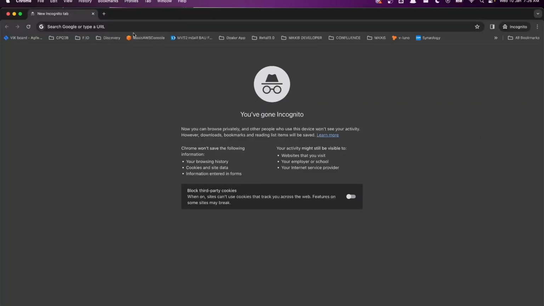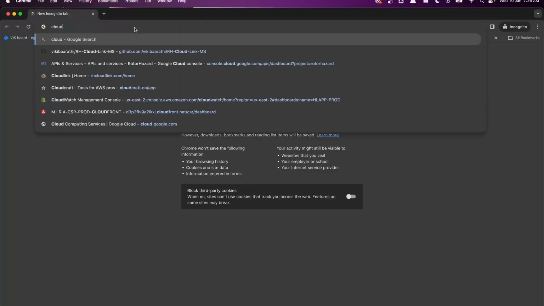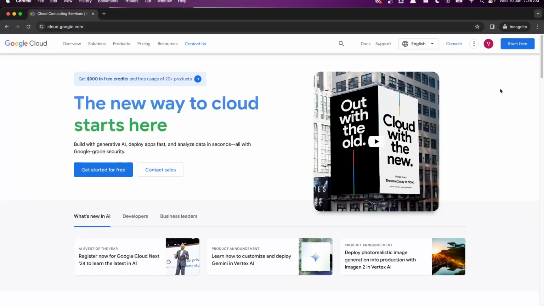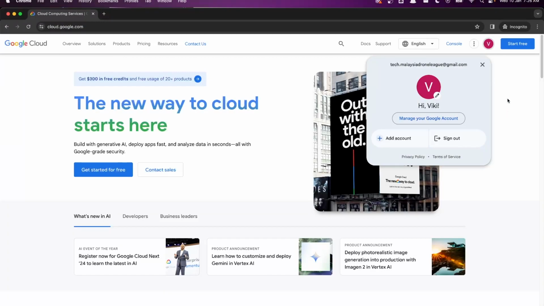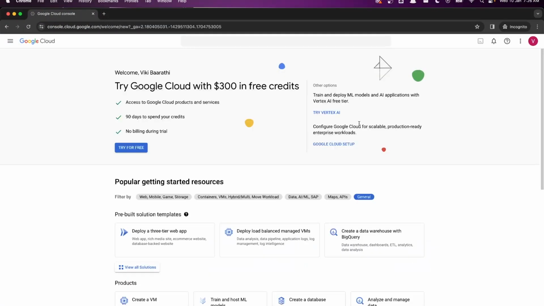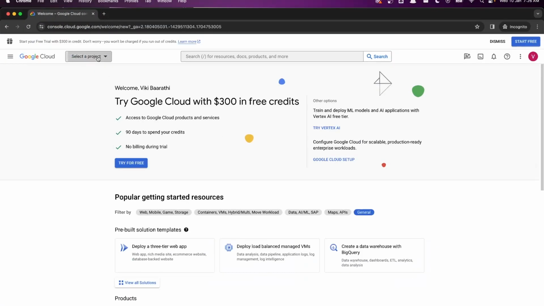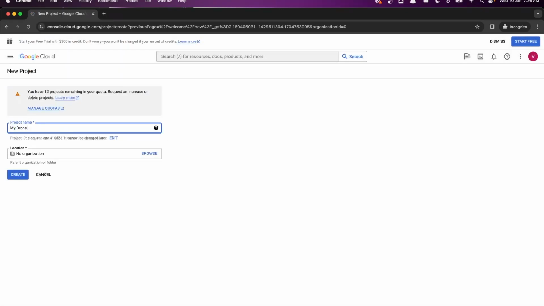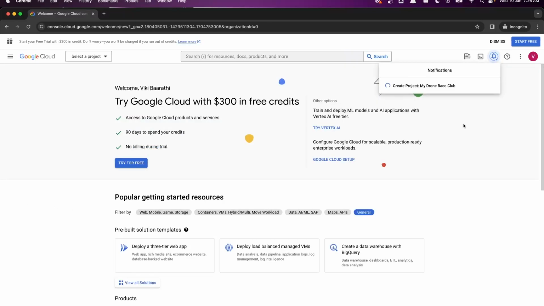For step 1, let's head over to Google Cloud. So that's at cloud.google.com. Log in with your Gmail account and then head over to console. Let's start by selecting a project. If you don't have one, just create a project. Give it any name. In my case, it's My Drone Race Club. I'll create the project and give it a second. Select the project